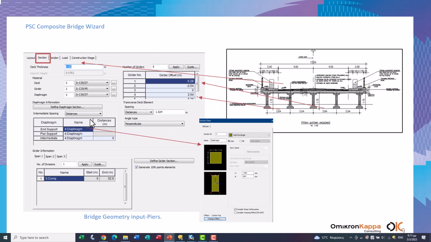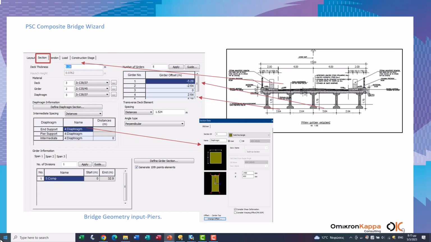Now, the next one is the section tab, which provides deck thickness, number of girders, the girder offsets, we assign the girder sections, diaphragms, and the type of layout.